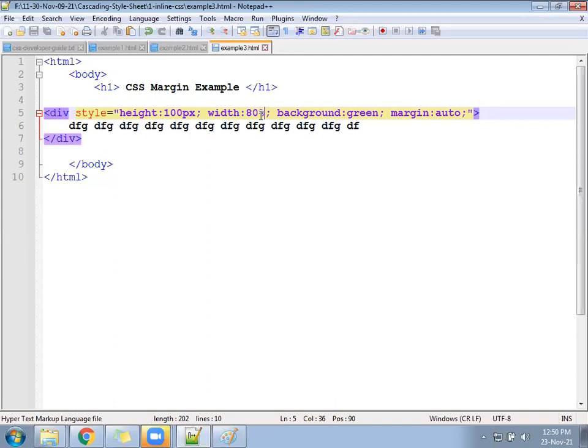It's taking 80% of the page. 80% checking. Yeah.